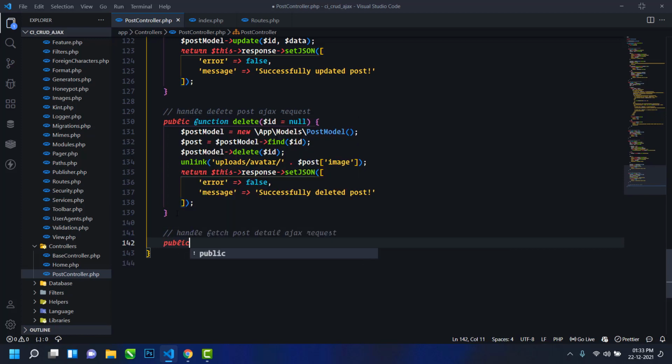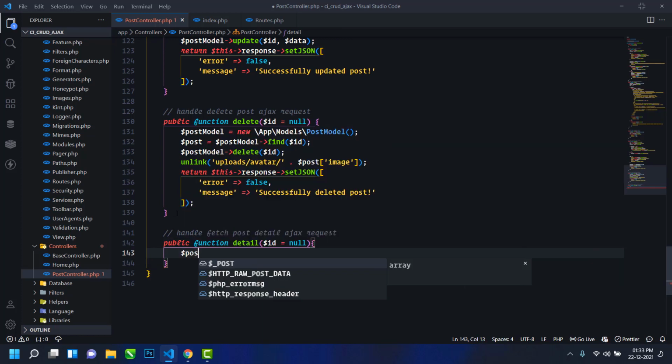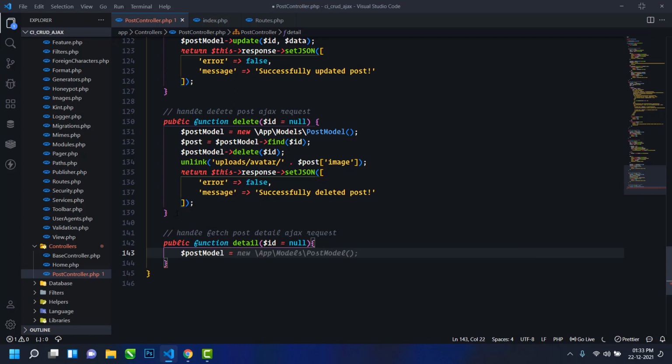So just write public function details, and then id equal to null. Using the post model I will create an object of the post model, and then create a post variable and, using the post model object, use the find method and pass the id here.